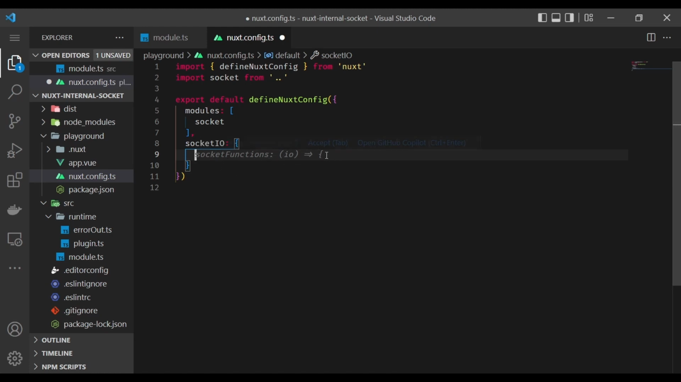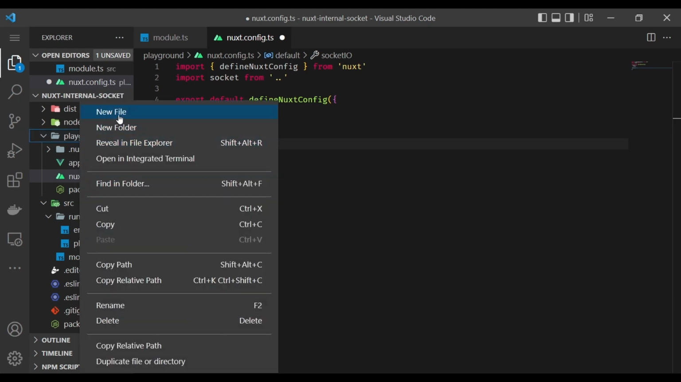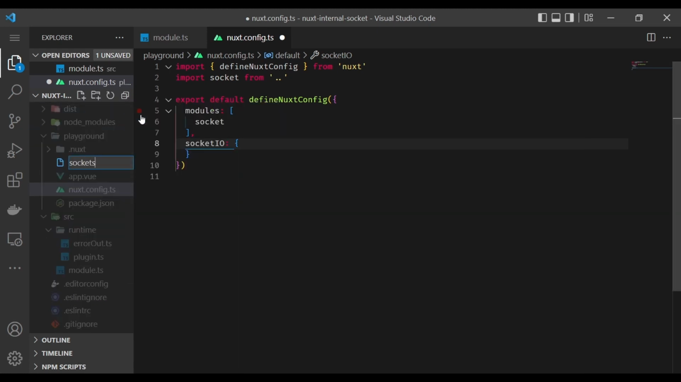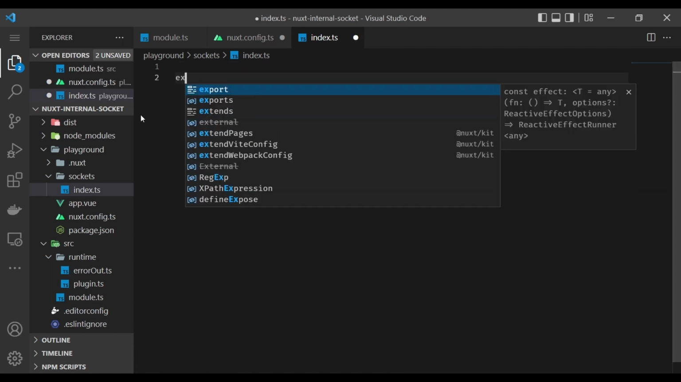So you can define this within the Nuxt config file, but I think it would be better if you defined a function outside of the config file and imported it into the config file for use. So let's just go ahead and do that right now. So let's create a new file. I'm just gonna call it sockets index.ts, and remember that this file should export a default function